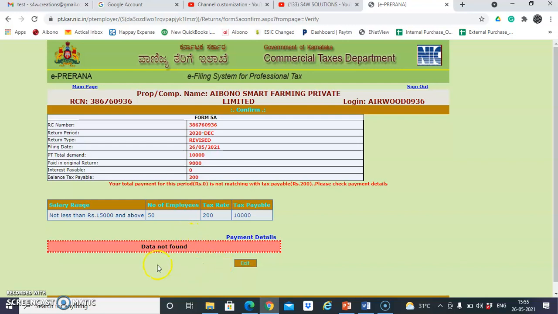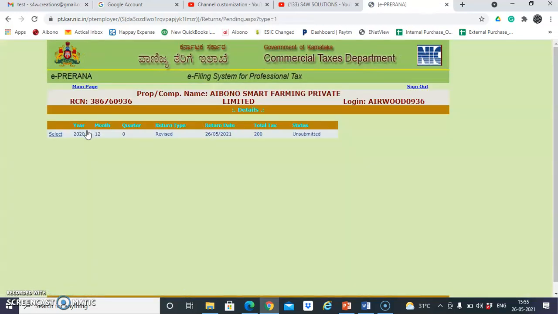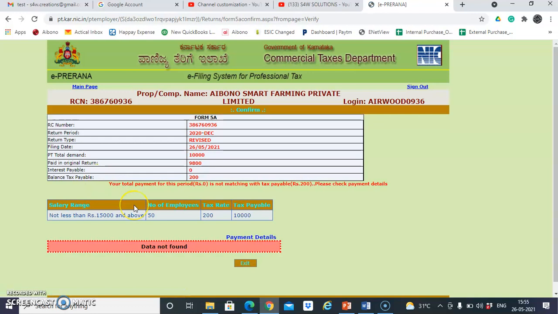The submit button will be enabled here. You can submit here to complete the professional tax revision return. You can see it shows unsubmitted because I have not submitted, since all the returns are correct here. For the revision, you will get a submit button once you complete all these steps.